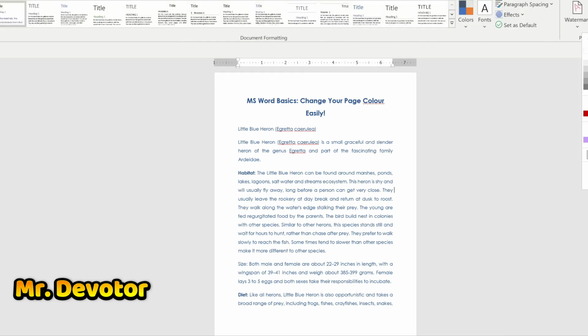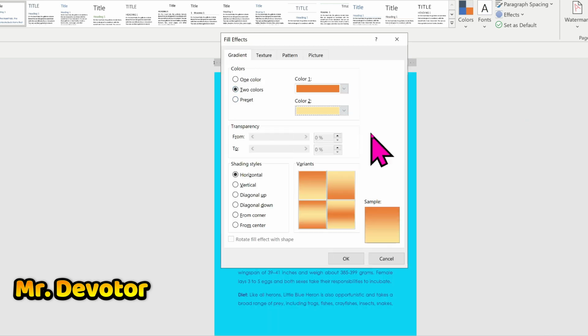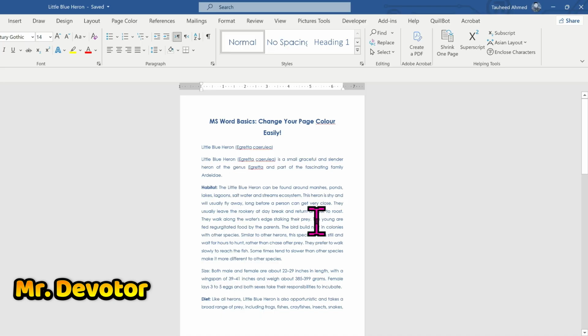If you are a beginner and want to change the background color in Microsoft Word, it is very easy and useful when you want your document to look more appealing. Just follow these steps. So open the document in which you want to apply the background color and then head